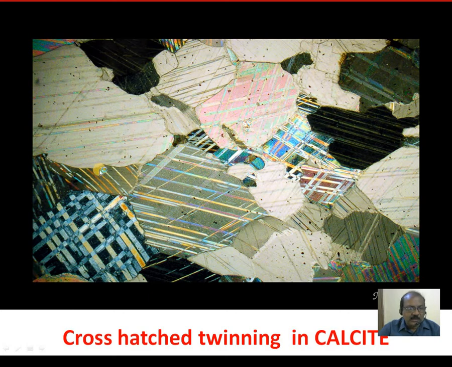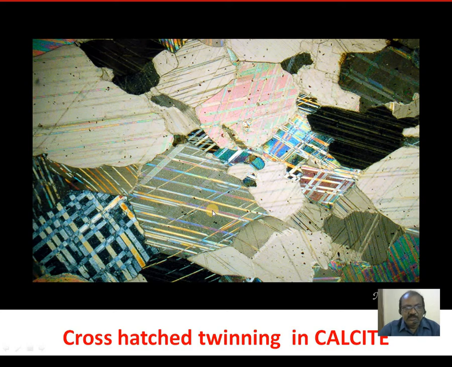This is another mineral called calcite, where we can see the cross-hatched twinning, and one can see the intersection in such a way that a diamond shape occurs everywhere. If we see very clearly, all the grains are calcite, which shows cross-hatched twinning.